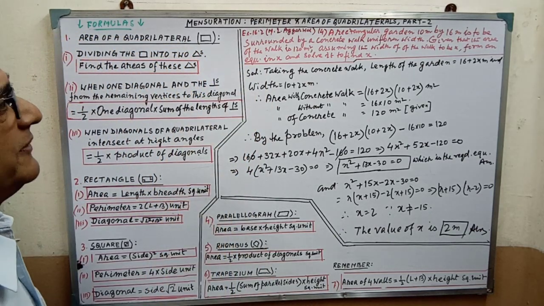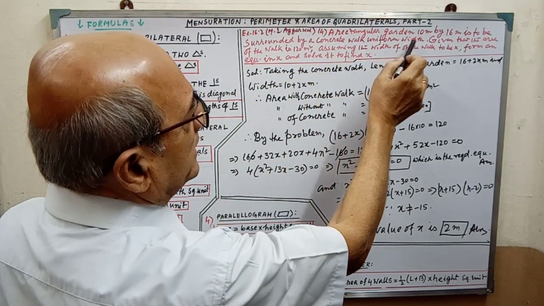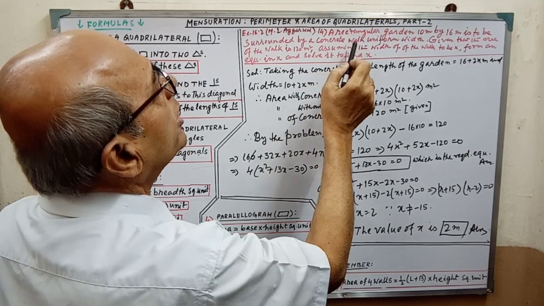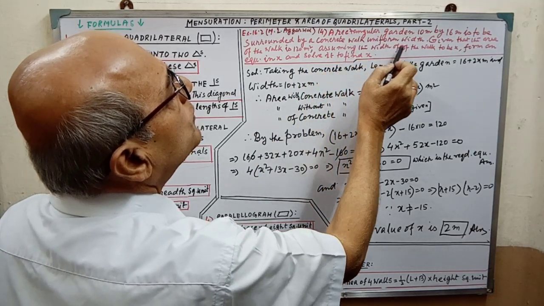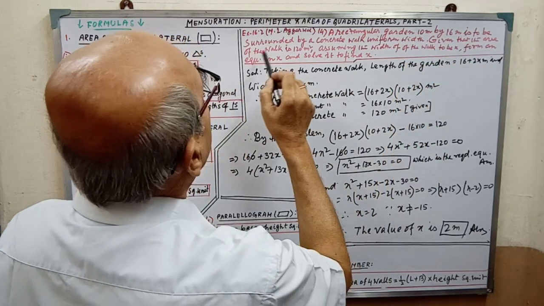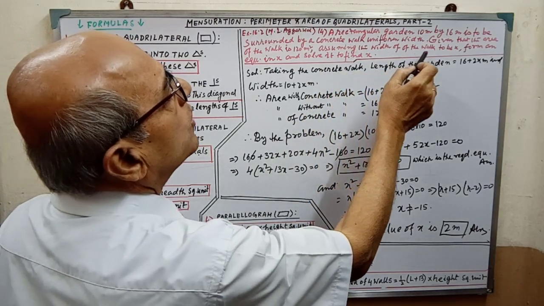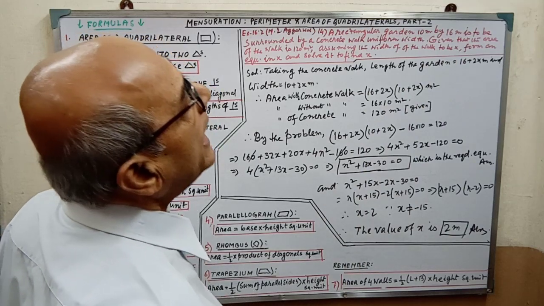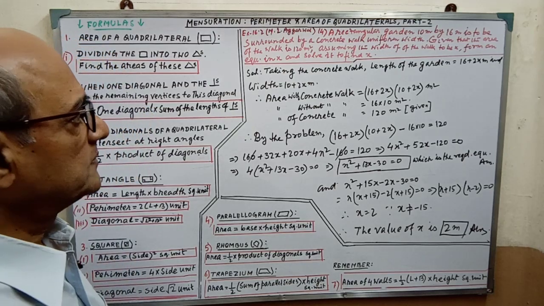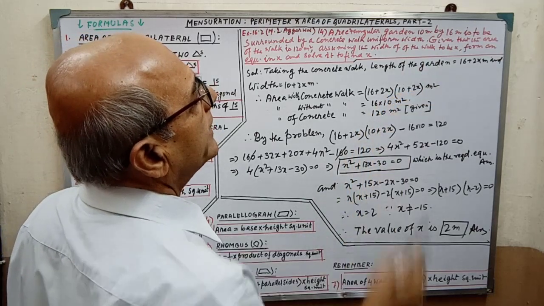On this, a sum is given, that is from M.L. Agarwal, sum number 14. A rectangular garden 10 meter by 16 meter is to be surrounded by a concrete work of uniform width, given that the area of the work is 120 meters square. Assuming the width of the work to be x, form an equation in x and solve it to find x. This is the sum. Solution: taking the concrete work,